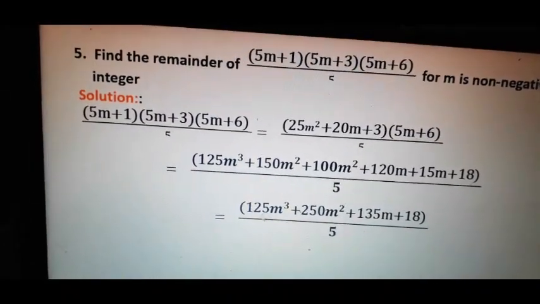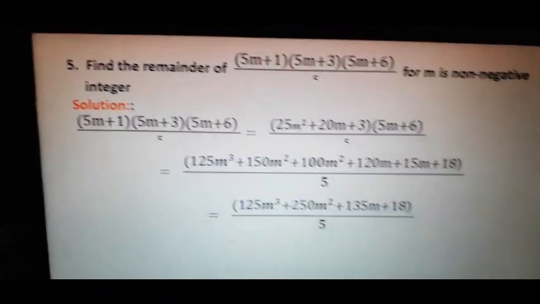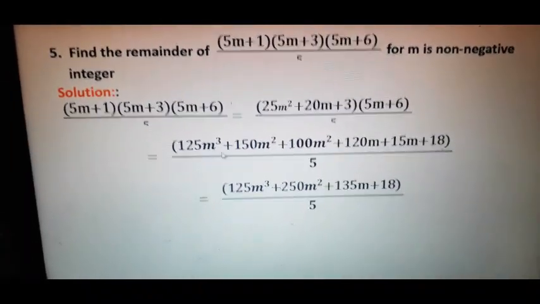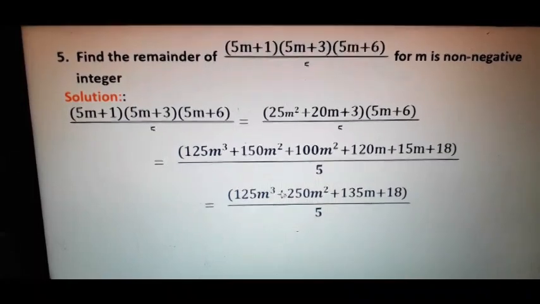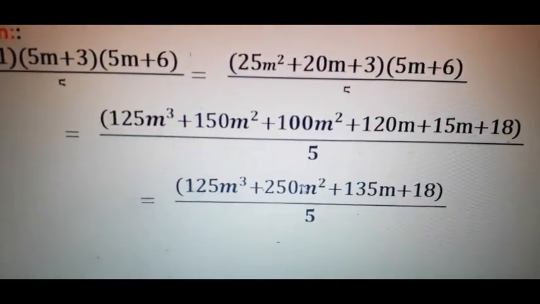So if we collect like terms, 125 m cubed plus 250 m squared